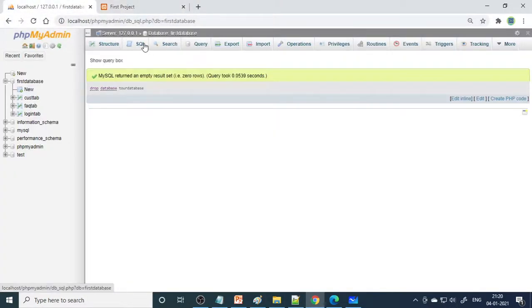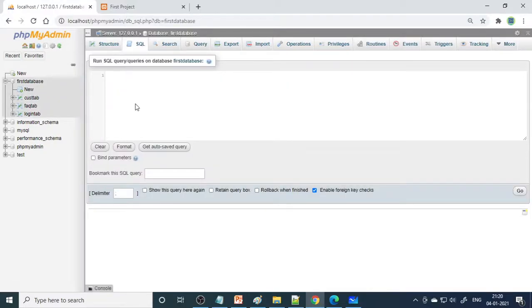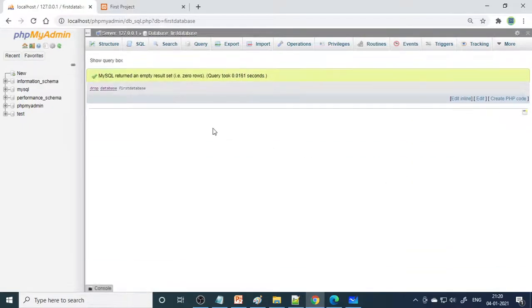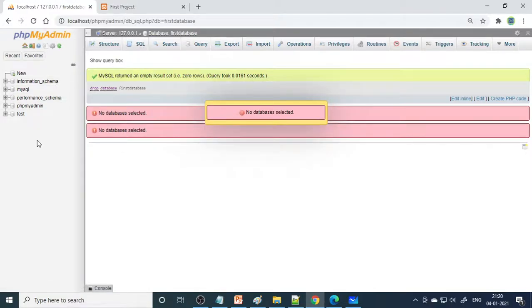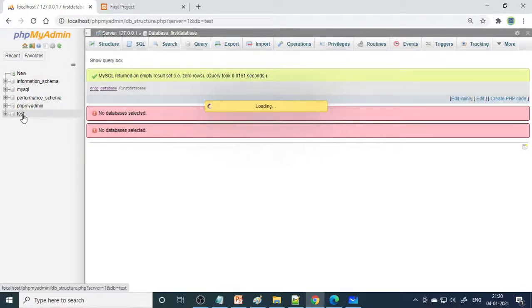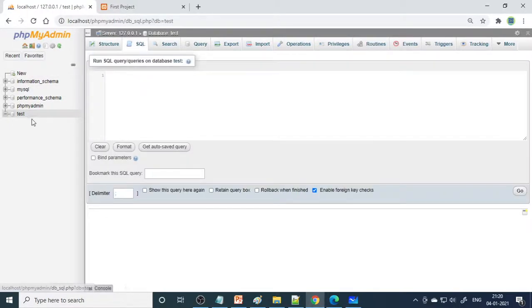Now let's understand how to create the tables. What I'll do is first I'm going to drop the database, first database, which I already created. I'm just going to drop that one. I don't want any database now. Let's see that there are no databases here. Okay, fine, no database is selected. There may be dummy test data, I'll select that one. Fine, assume that presently we don't have a database.